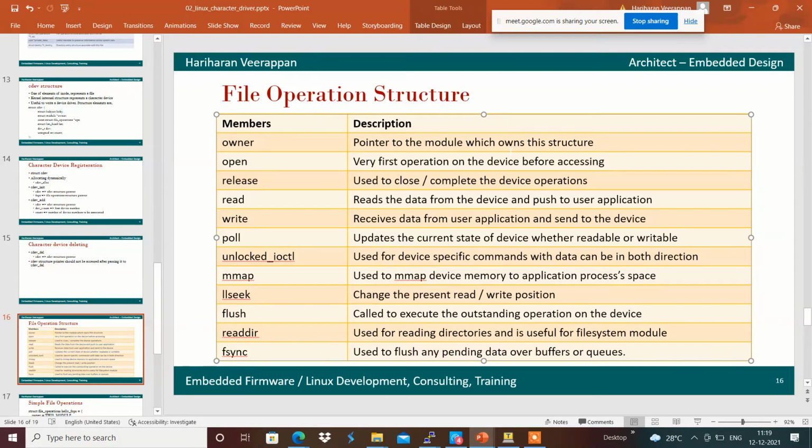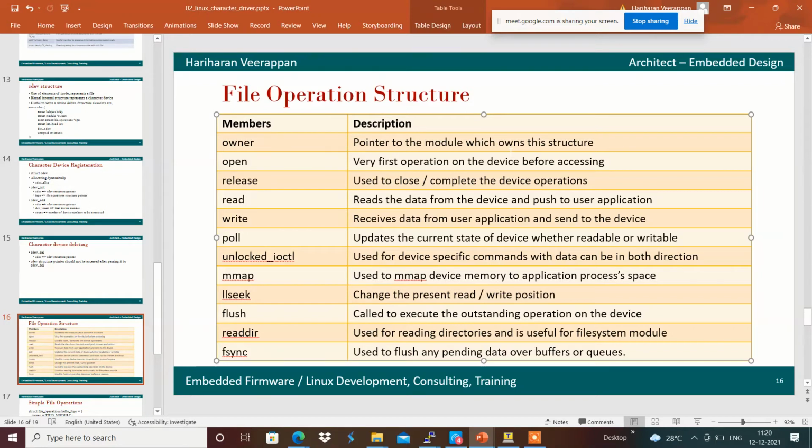Release will be used during the close and to complete the device operations, and read will be used whenever it reads the data from the user, and write whenever the user application writes data to the device driver. Poll will be checking the current state of the device, whether it is readable or writable.